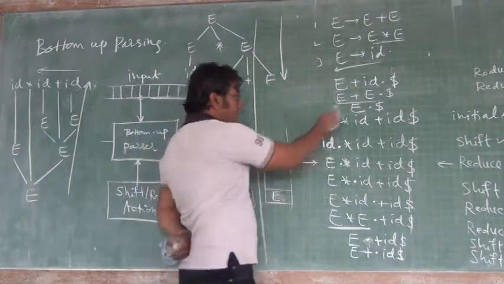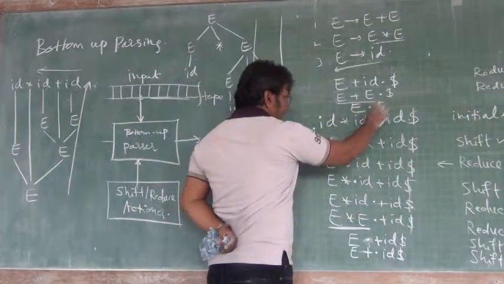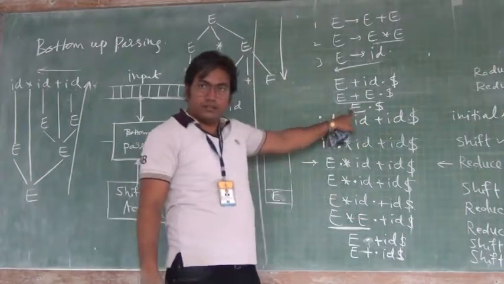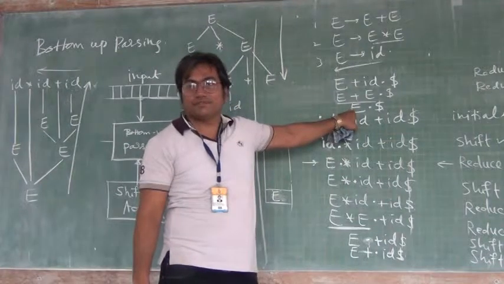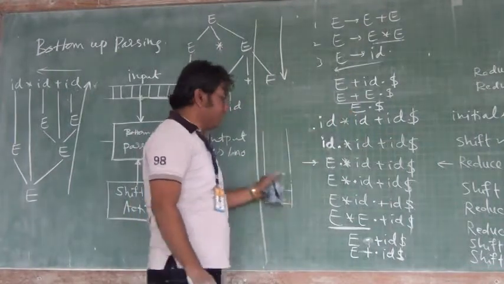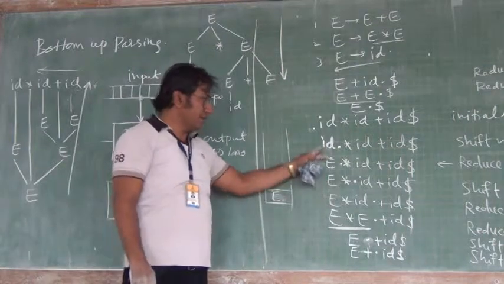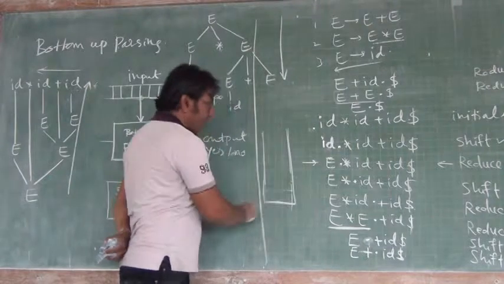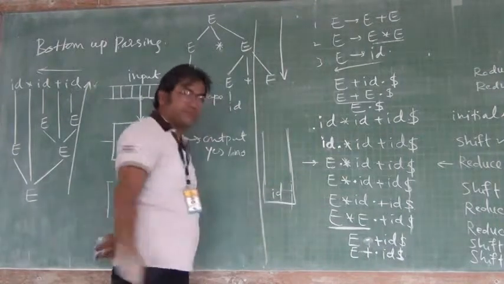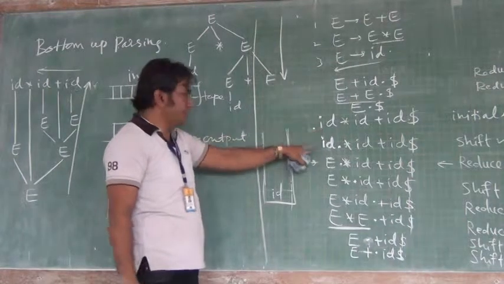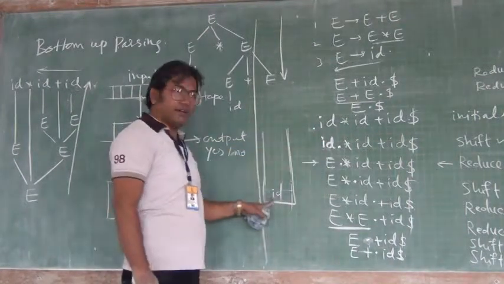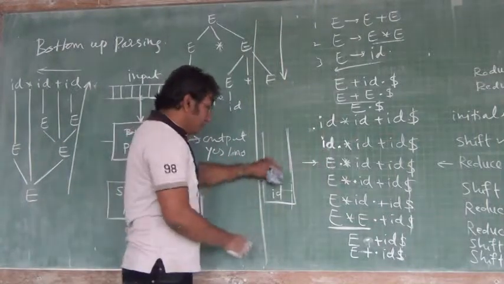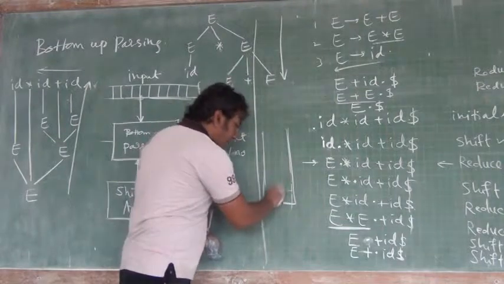And here, this is the point. I processed my total string, and at the end I came up with the E at the top of the stack. So we are doing all this on the stack, okay? Initially, what we are using the stack for: in this case, I read the ID, which means I took the ID onto the top of the stack. That ID I reduced to E, which means I popped this ID and pushed E here.